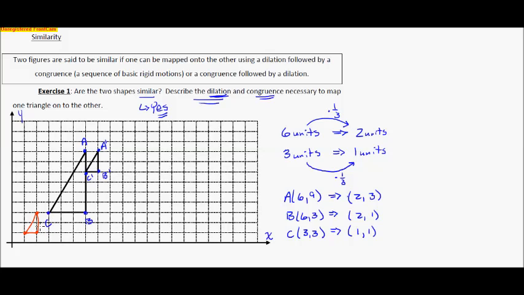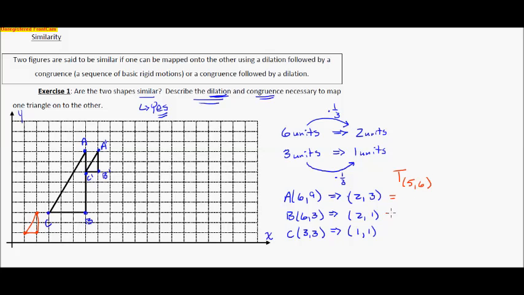Well, they're oriented the same way, and if I had them oriented the same way, I could simply do a translation on each one of these points to move them up to the top here. So if I start here and I count 1, 2, 3, 4, 5, I'm going to go to the right 5, and I'm going to go up 1, 2, 3, 4, 5, 6. So if I do a translation of 5, comma 6,